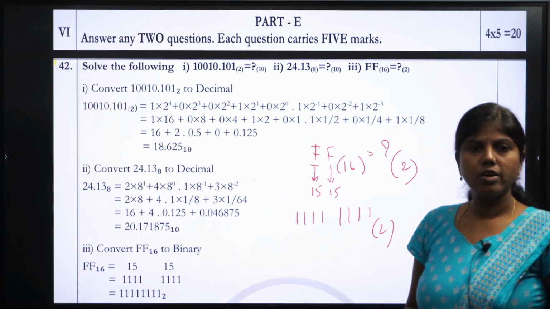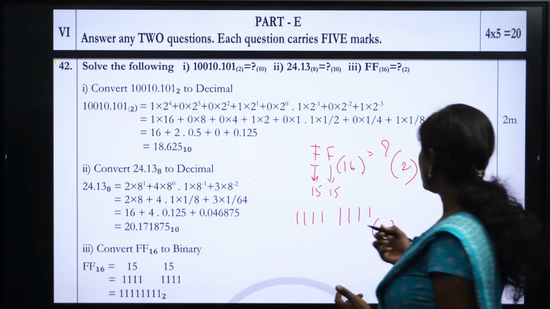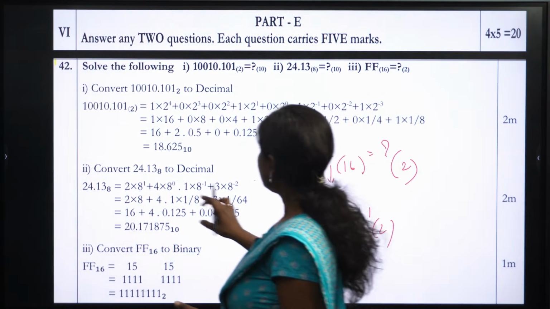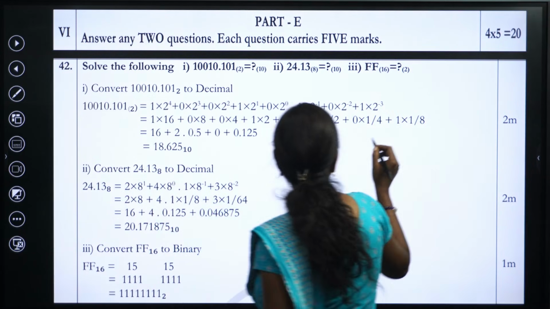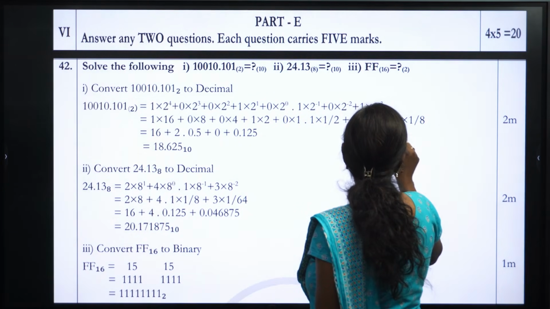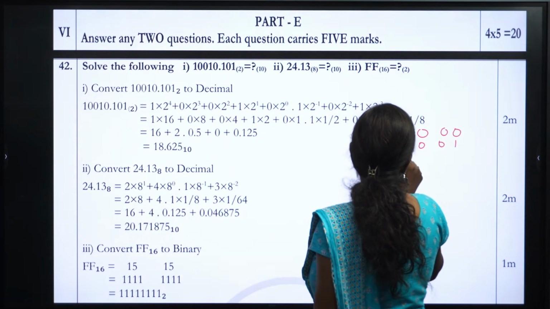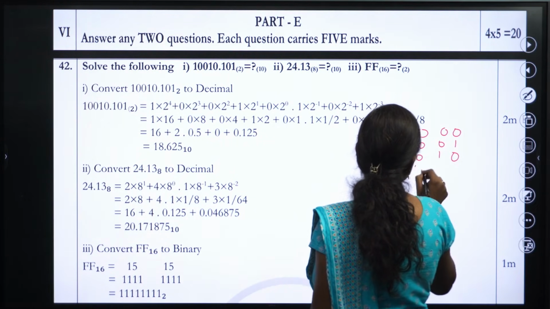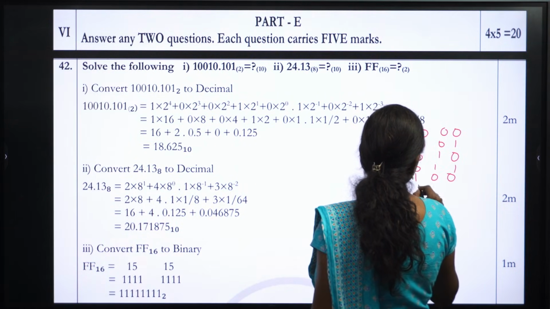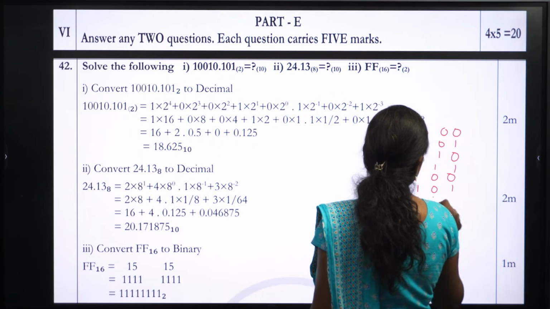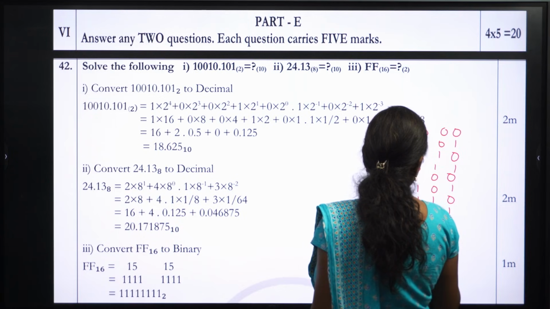Very simple. Right? So if you don't know this, I expect you to remember one table that's going to be very simple. Let me write the table right now. Hope everyone will get the clarity now. So what is that table? It's going to be 0, 0, 0, 0, 0, 0, 0, 1, 0, 0, 1, 0, 0, 1, 0, 0, 0, 1, 1, 1, 0, 0, 0, 1, 0, 1, 1, 1, 0, 1, 1, 1, 0.